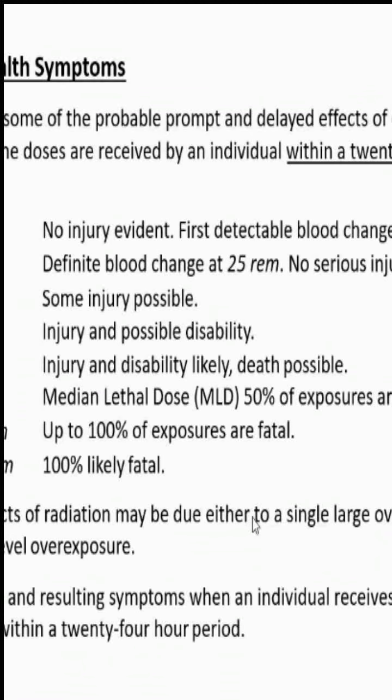Even when we are out of the restricted area, the survey meter should be used, and it shows some reading, say 1, 2, 3, whatever. If it shows 3 milliroentgen per hour, that means if the person remains at that location for 1 hour, he is going to get a dose of 3 millirem. Every day 3 millirem, so in 10 days he will take 30 millirem. So he should keep this dose rate in control.